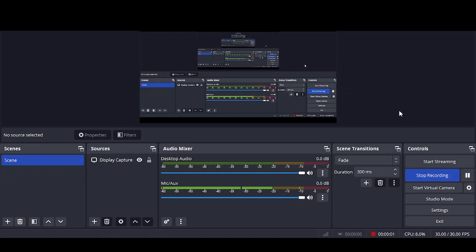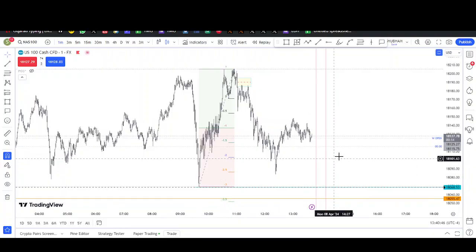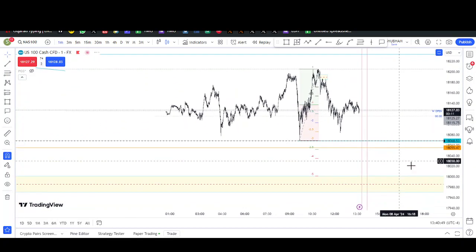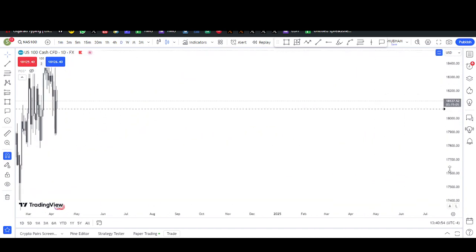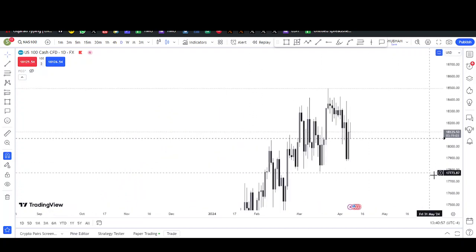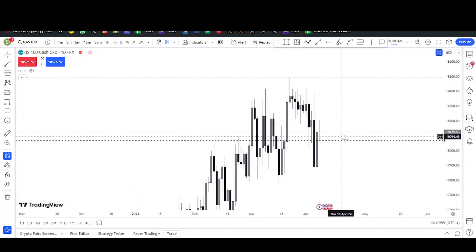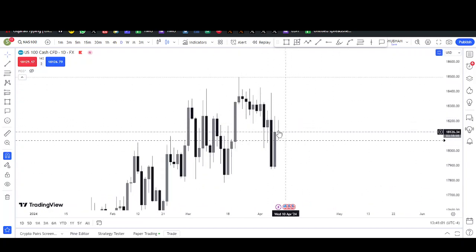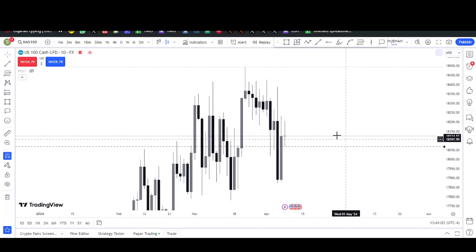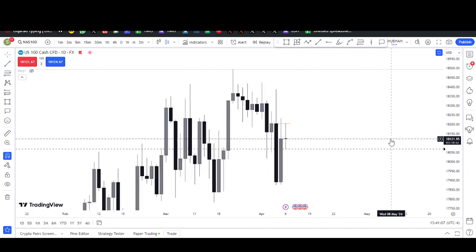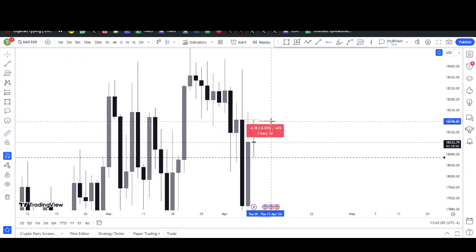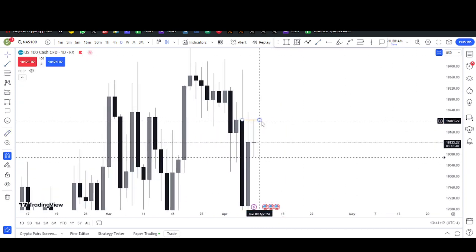Okay, so guys, let's start with the breakdown. As we know, we start with naked charts. We take a higher time frame perspective. Well, in this set of price action, there was no clear higher time frame perspective, besides the fact that we have a rejection block here. If you know what a rejection block is, sorry for that.